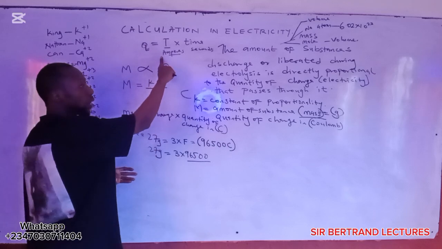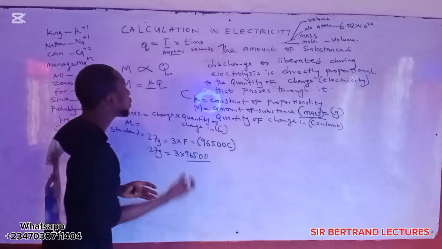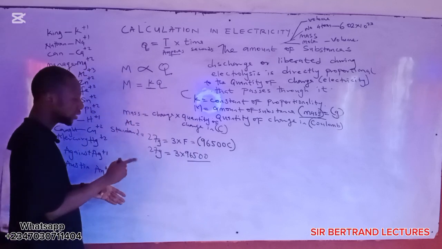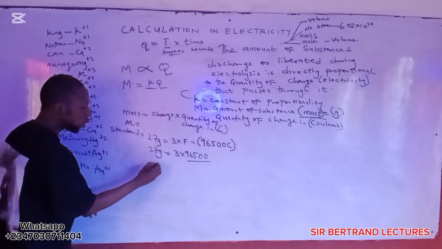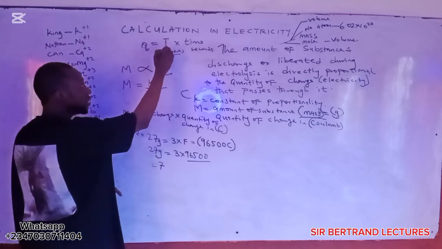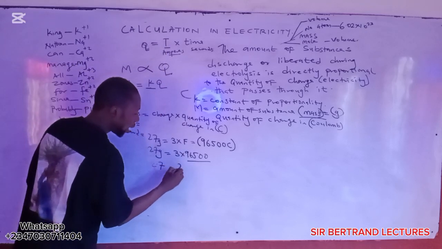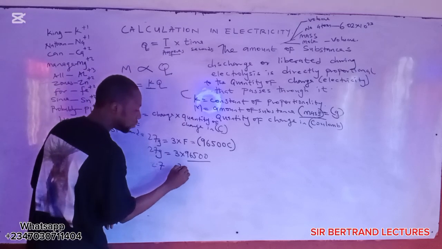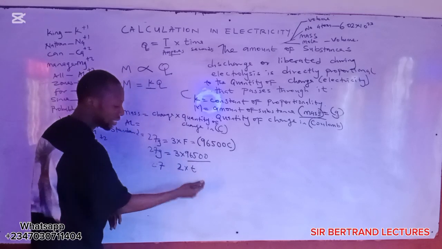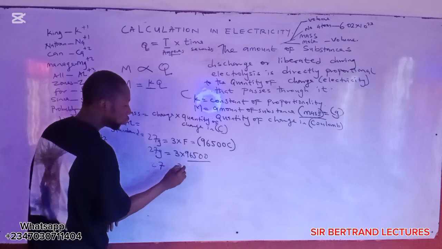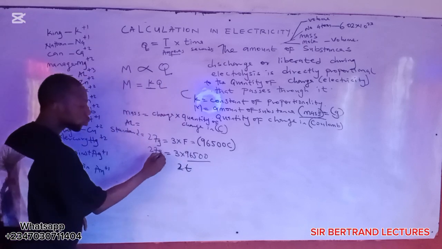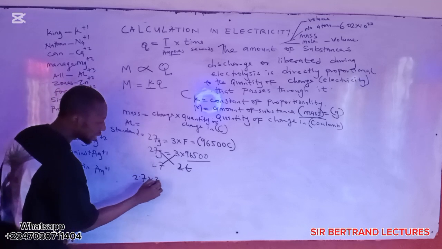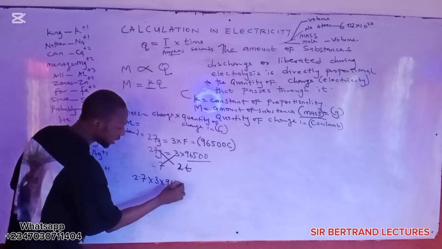If any of the two are required to be found, that means you are going to have one entity given for you in the question. Assuming you have 2.7 gram and the current here is 2 amperes and you are required to find time, multiply this by time, it will give you 2t. Then you have to cross multiply. That is 2.7 multiply 3 times 96500,